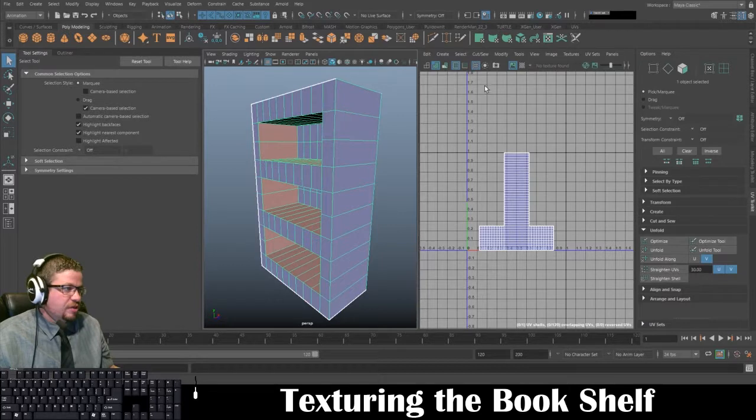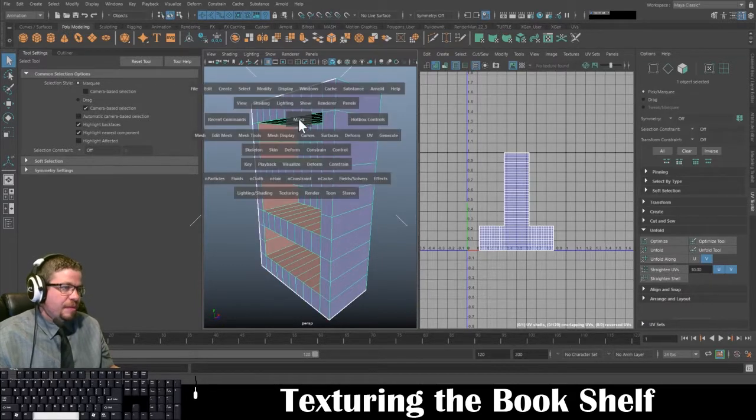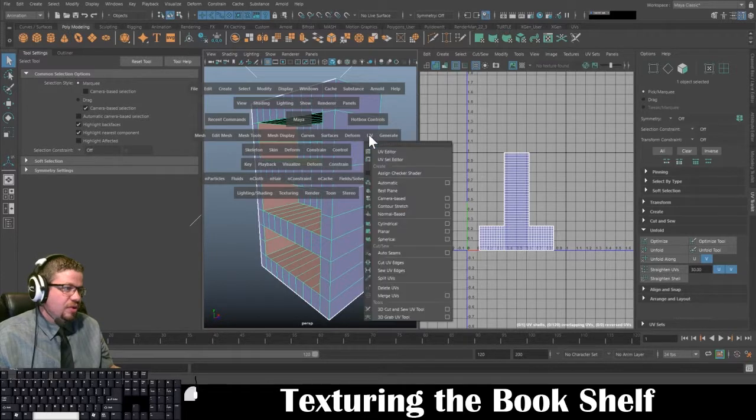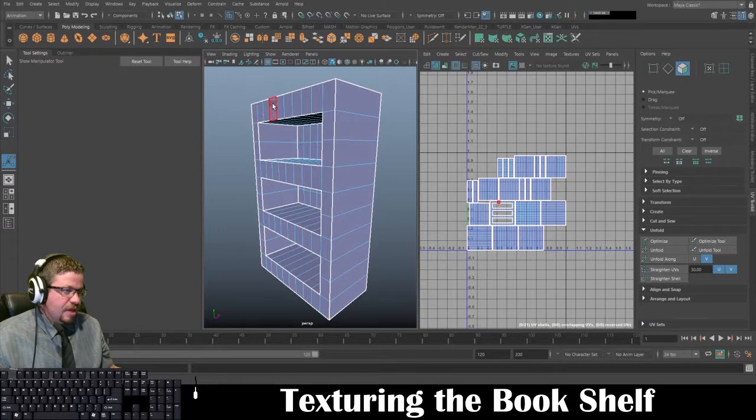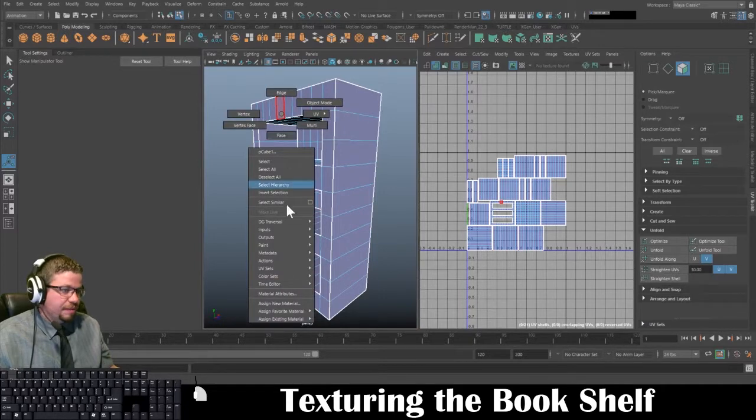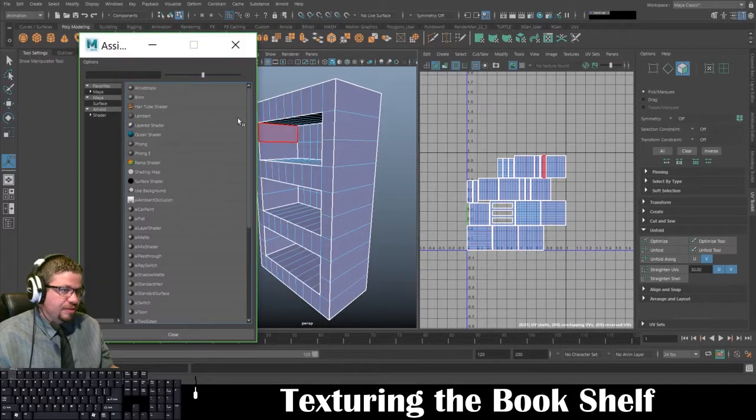So what we're going to do is, again, I'm going to go back to object mode, and I'm going to just UV automatic, and I'm holding spacebar, and I'm just going to UV automatic. Now you'll notice it automatically unwraps this for me. And one of the things I want to show you, I would strongly recommend doing this. I'm going to hold right click, and I'm going to go to assign new material, and I'm going to go